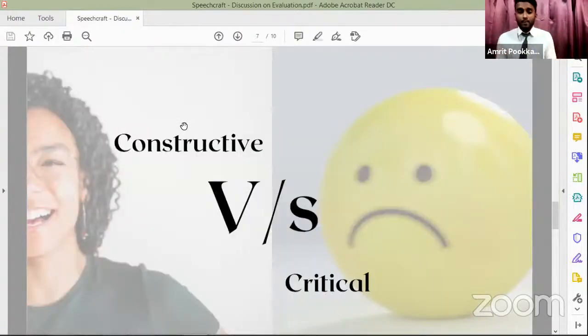Now, speaking about uplifting the speaker, there is constructive evaluation and also there is critical evaluation. You might have seen a lot of points of improvement, but it's always important how you recommend that, right? You can uplift, inspire, encourage a speaker with an evaluation. Also, you could do the other way. You can demotivate, discourage, make the evaluation in such a way that the speaker wouldn't even dare to come and deliver one more speech. So be more constructive in your feedback.